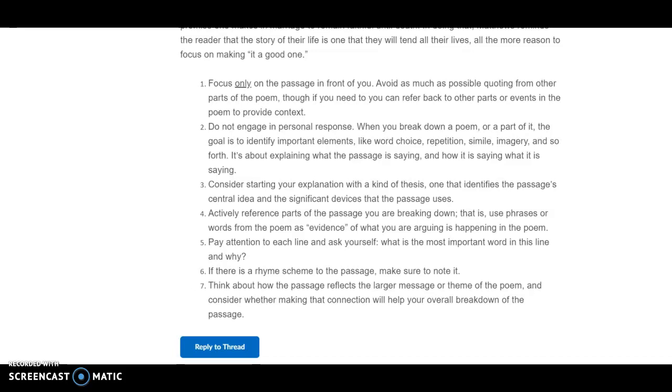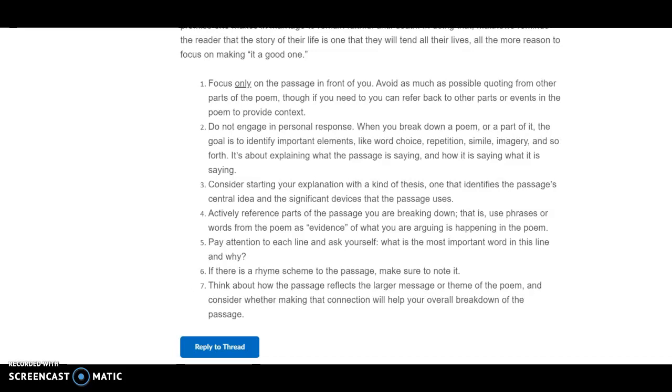In general, with the last two things, all I'm going to say is this. Some of your poems may have a rhyme scheme. If you know that it does, make sure to note it because I'll be looking for you to note it. If it doesn't, you can simply say that the poem does not use a rhyme scheme of any sort and just move on. But if it does have a rhyme scheme, you want to think about whether that rhyme scheme is at all important to the sound of the poem, even to a rhythm or even to the tone perhaps that the poem is trying to establish.